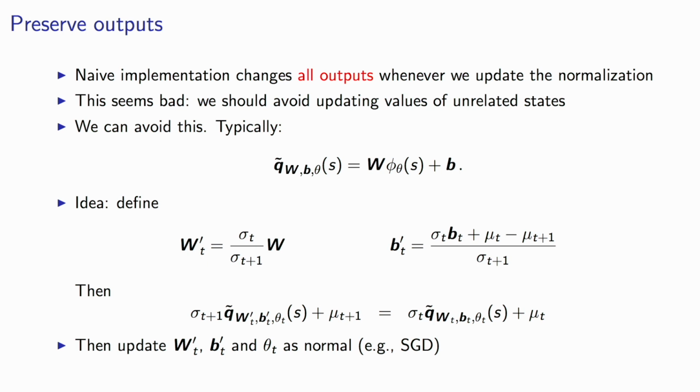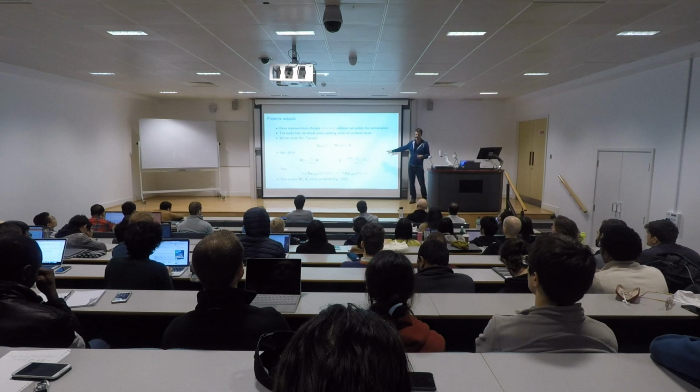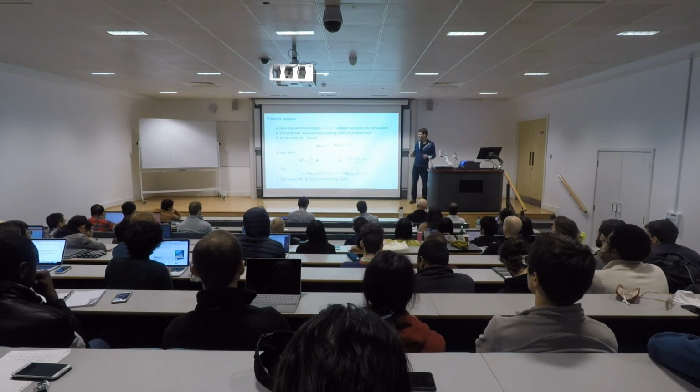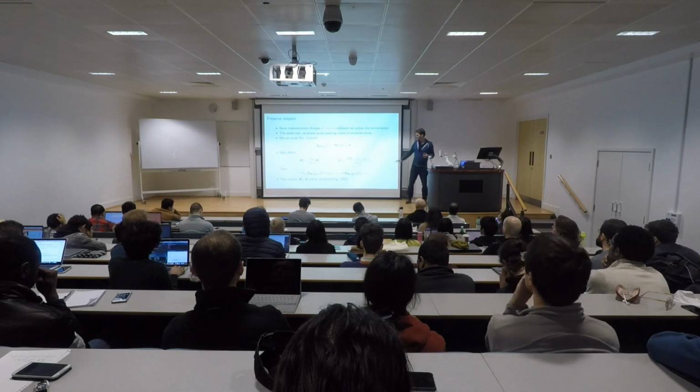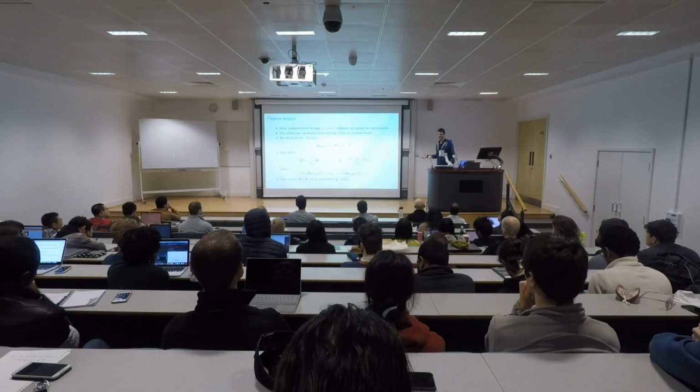Then there's a simple idea here, which is to change this thing, not with a gradient update, but literally just applying these definitions here, into a W prime and a B prime in specifically this way, because whatever your sigma t plus 1 is and whatever your mu t plus 1 is, this will keep the output exactly the same as it was before. So if you change your weights in one way and you change the normalization up there in the other way, you change them in opposite directions so that the total output is unchanged. And you can exactly do that because all of these operations are just linear. So you can literally keep the outputs in exactly the same situation no matter what happens to the normalization.